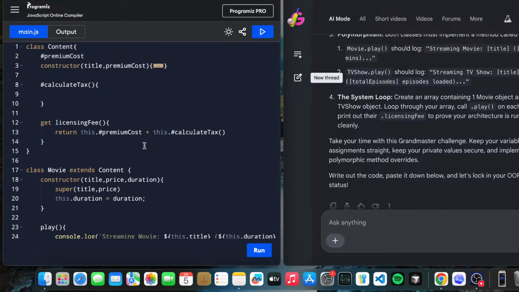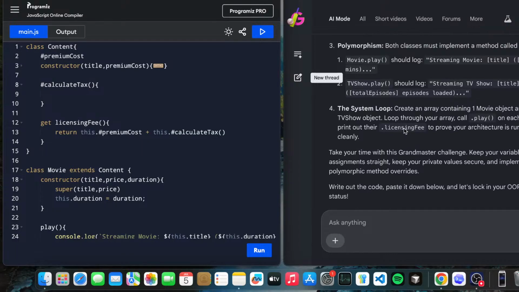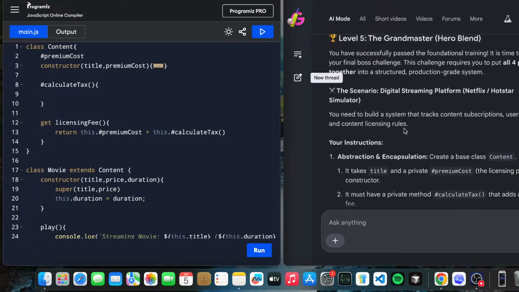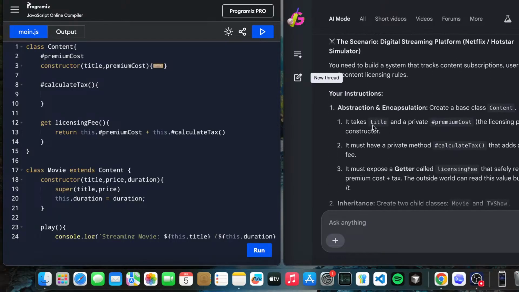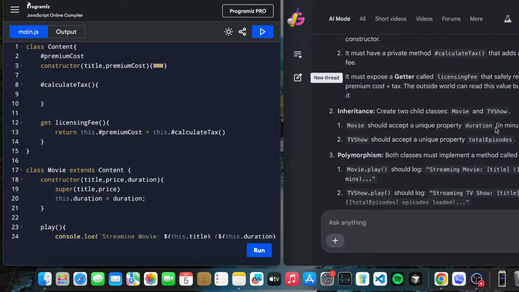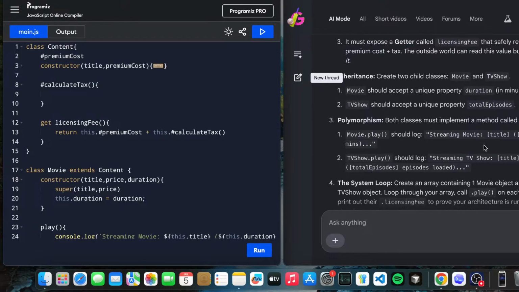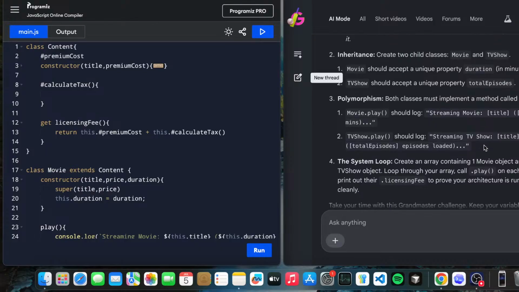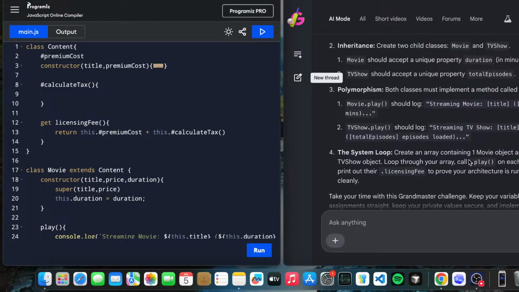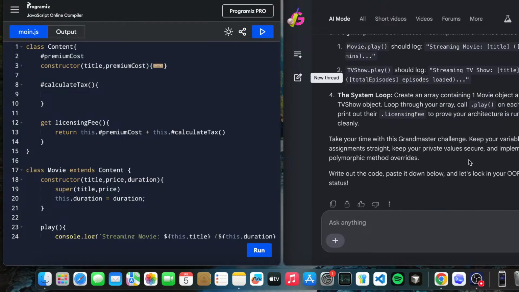The premium cost, title, premium cost. I just didn't understand the premium cost here. It takes a title and a private premium cost, the licensing fee, in its constructor, and must have a private method calculate tax. But here the 12 episodes didn't have a licensing cost, right? We didn't mention anywhere that it has a licensing fee.